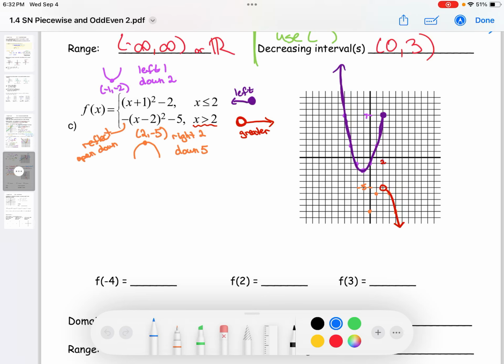So we want to find the function values for this piecewise function. So f of negative 4